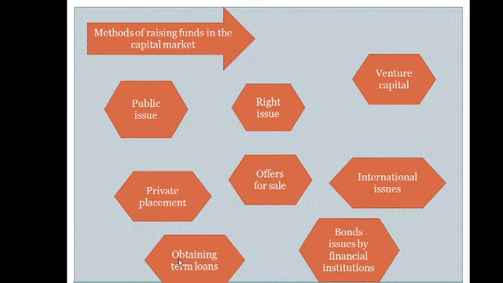Now a small business wants to obtain a fixed asset. You go to a bank and ask for a loan. The money will be fixed. They have a fixed amount, the particular amount of money they want. Then they will talk about the duration, how long it will take to pay back the loan. The interest and everything will be agreed before the loan is given. So this is another means of raising funds in the capital market, getting term loans.